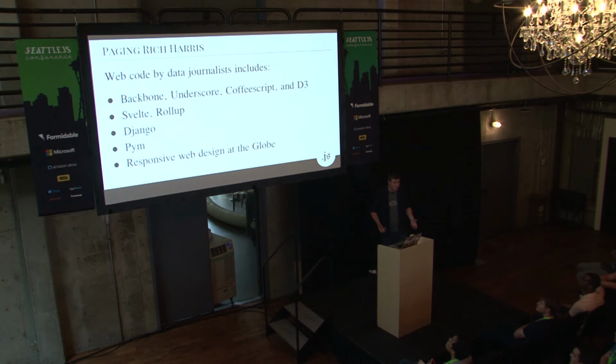But journalists have actually been really potent members of the web community for a long time, right? The top row, Backbone, CoffeeScript, D3, those are all New York Times projects by Mike Bostock and Jeremy Ashkenas. Svelte and Rollup by Rich Harris, now actually at the New York Times. You can tell who's hiring here. Adrian Holovaty wrote Django while he was at the Trib. Pym is a project for responsive iframes from NPR. And of course, the original test case for responsive design was at the Boston Globe. That was the one that when you wanted to show people, oh, if I drag the browser, it resizes,